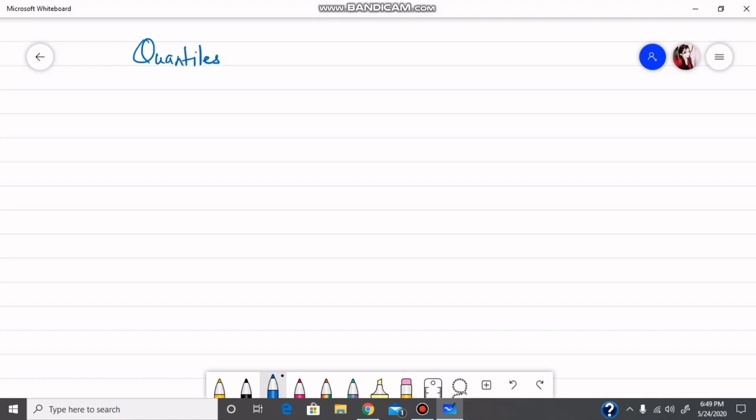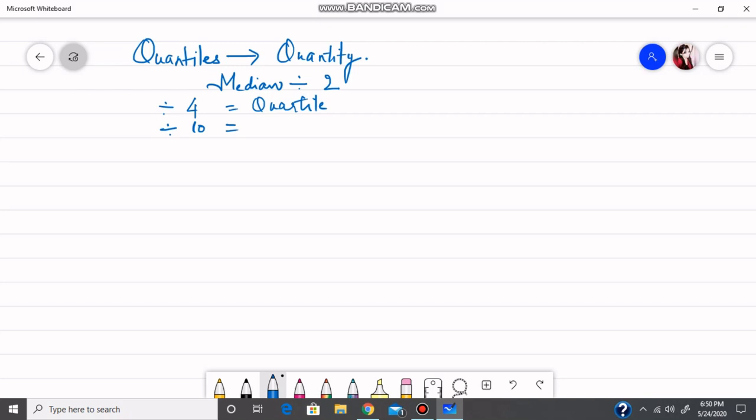Quantiles are a statistical indicator based on the term quantity. Quantiles divide the data into equal-sized adjacent subgroups, and in the previous section we had taken the term median. The median is a quantile that divides the data into two equal-sized subgroups. If the data is divided into 4 equal-sized subgroups, it is known as a quartile. If it is divided into 10 equal-sized subgroups, it is known as a decile. And if it is divided into 100, it is known as a centile.